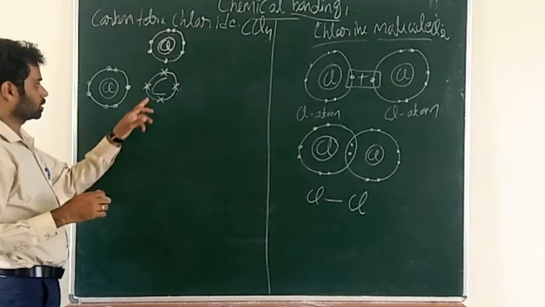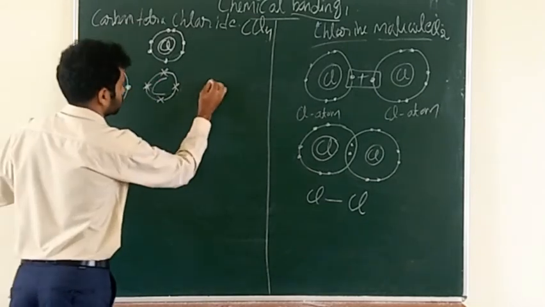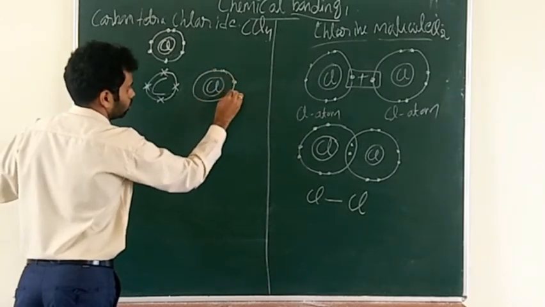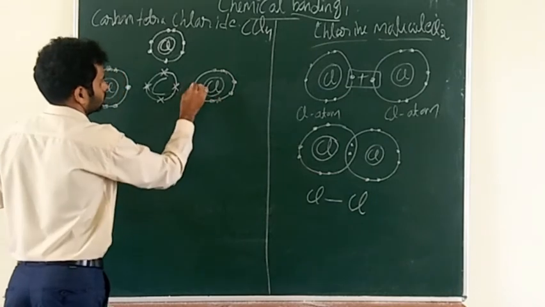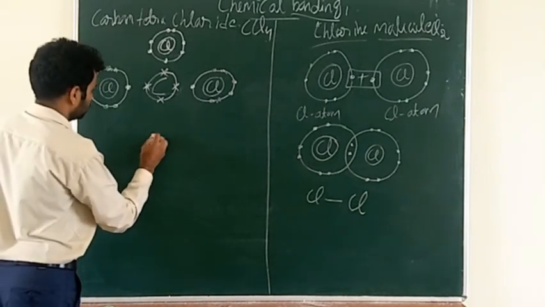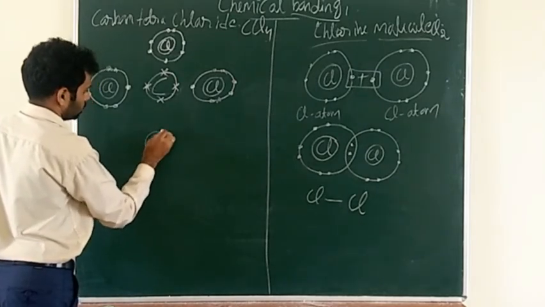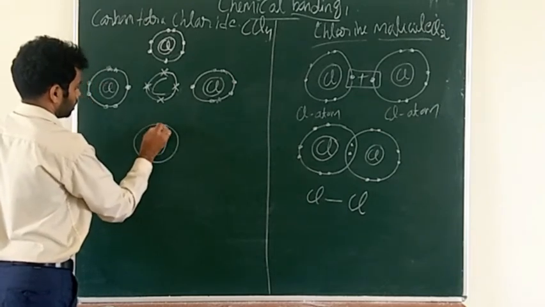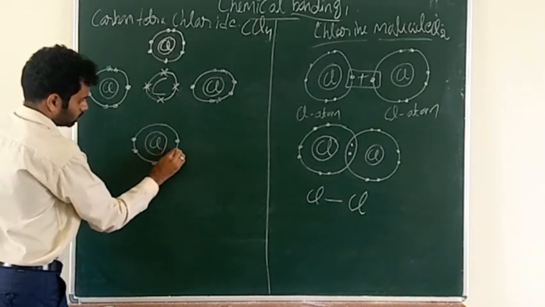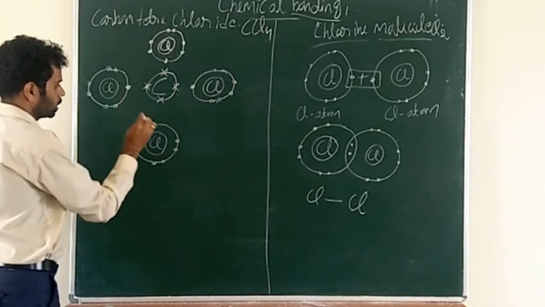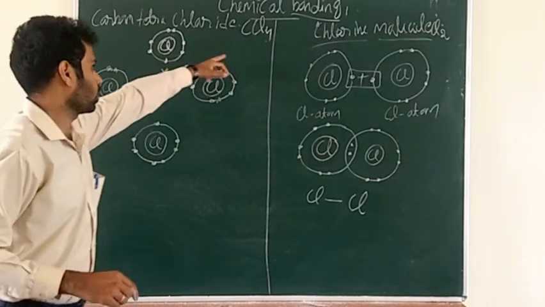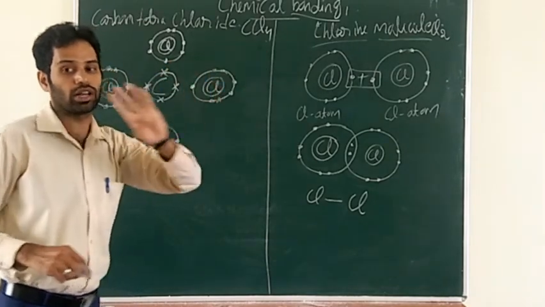The 4 electrons the carbon has are written on 4 sides there. Similarly here, 2, 4, 6, and 7, with the single electron facing the carbon side. And the last one: 2, 4, 6, 2, 4, 6, and one more electron is left. Why have I written 4 chlorine? CCl4. 4 chlorine atoms are there.